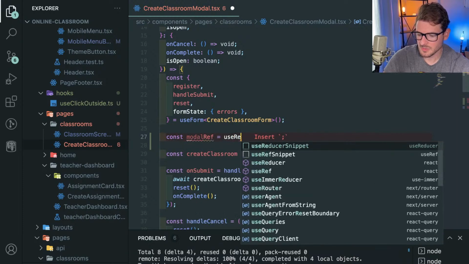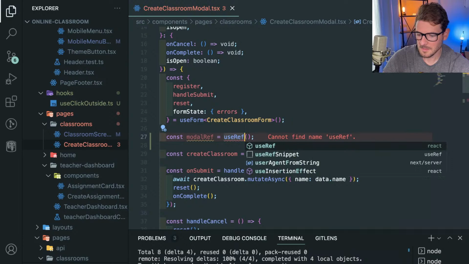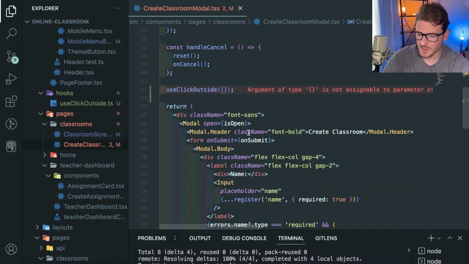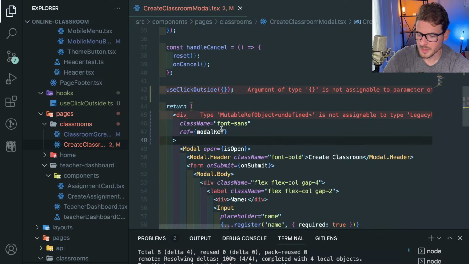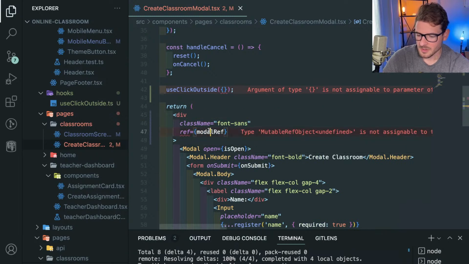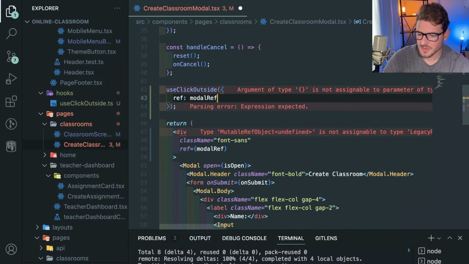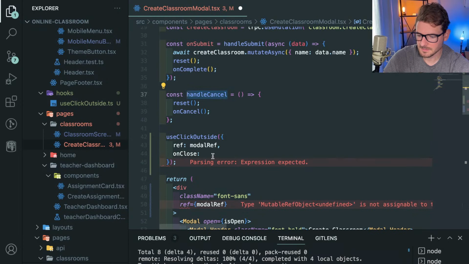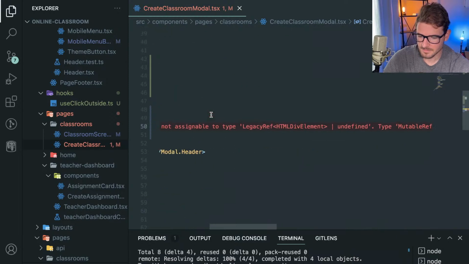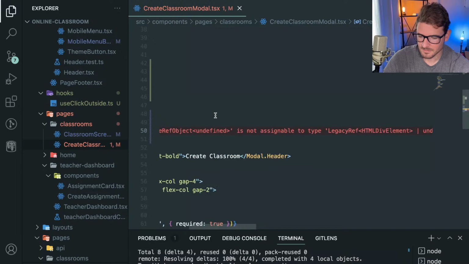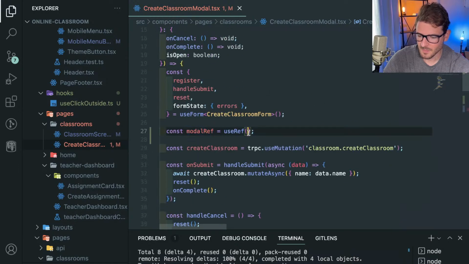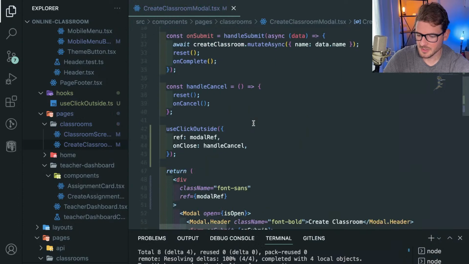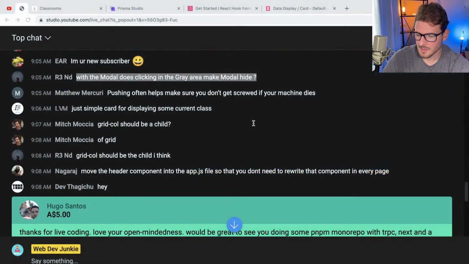I'll say modal ref is use ref. And we're going to put that here on this modal. Maybe it needs to go here. Maybe this has stuff built in. Sometimes I implement stuff and there's already the functionality right there. So I'm wasting time, but I'm just going to go ahead and say handle cancel if you were to click outside. Sometimes you get this weird TypeScript error and you need to actually set the ref to null. But the idea